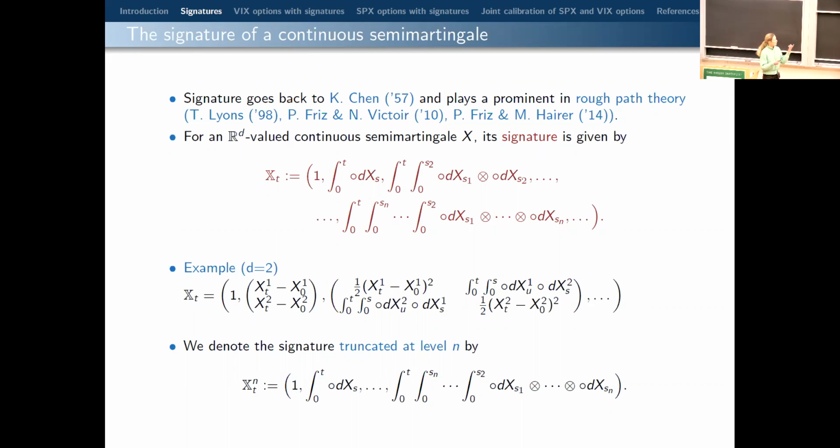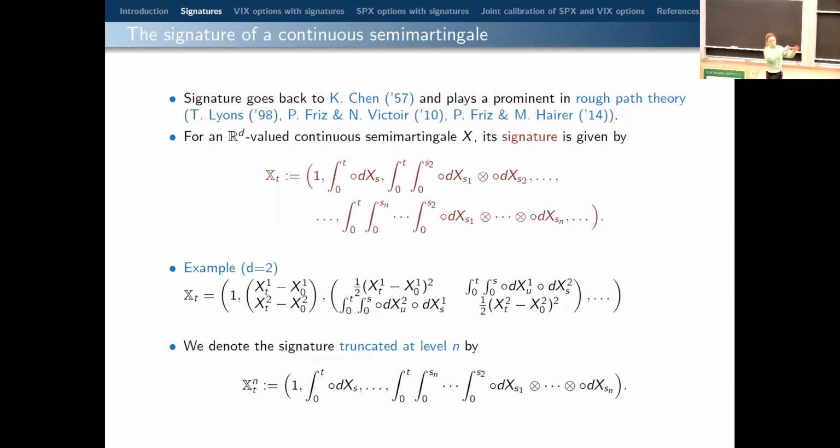And here you have to bear in mind that this is not commutative because it matters how you integrate. And so here you get the d times d matrix. So this is here with this tensor product. And then you continue and you have all these higher order iterations. Here I spelled it out for the case when d is equal to 2. So we start with 1, then we have this two-dimensional vector, then we have this matrix here, and